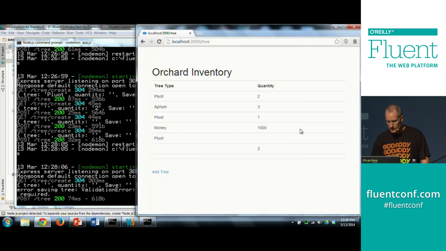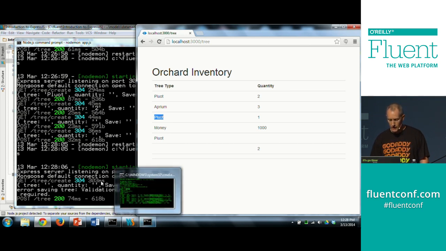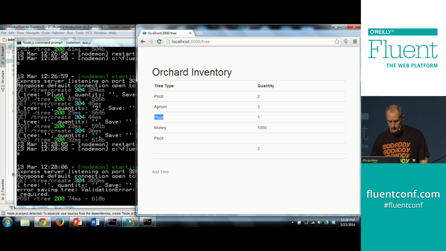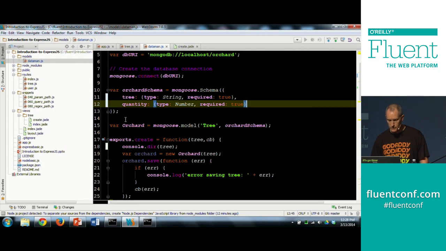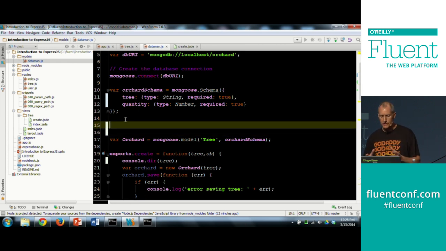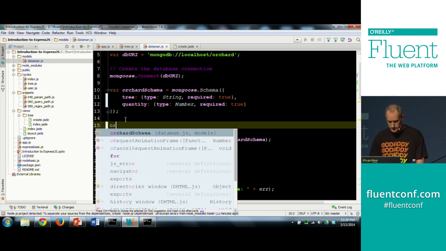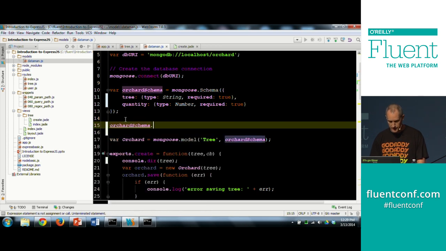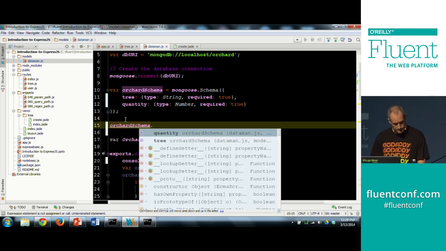You've probably spotted the other problem. The other problem is that we have trees repeated, which, if you're doing quantities, that's obviously a problem. So I would like to modify this to make the tree unique. And the way that I'm going to do that is by saying that the schema has an